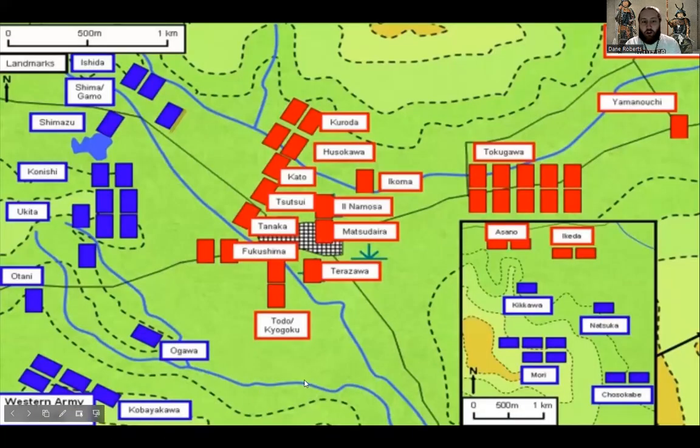And Yoshihiro would also eventually participate in the Battle of Sekigahara in 1600 CE between Toyotomi forces led by Toyotomi Hideyori, the son of Toyotomi Hideyoshi, and Tokugawa Ieyasu on the east. So Toyotomi's side on the west and Tokugawa Ieyasu on the east. And Shimazu Yoshihiro would be one of the soldiers on the Toyotomi side. They would eventually lose the battle,